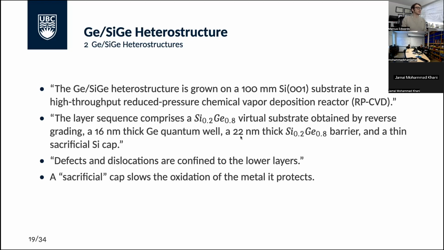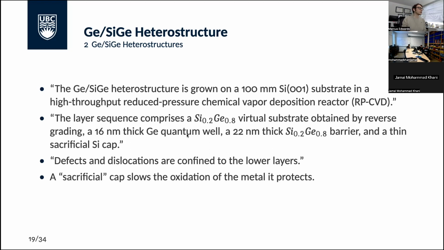So the authors discuss a germanium, silicon germanium heterostructure grown on a 100 millimeter silicon substrate in a high throughput reduced pressure chemical vapor deposition reactor. A chemical vapor deposition reactor basically introduces a chemical vapor to a chamber and allows that vapor to react with the surface of the material and deposit a thin film or layer of material based on the exposure time. So their layer sequence comprises a particular silicon germanium alloy, which is a virtual substrate obtained by